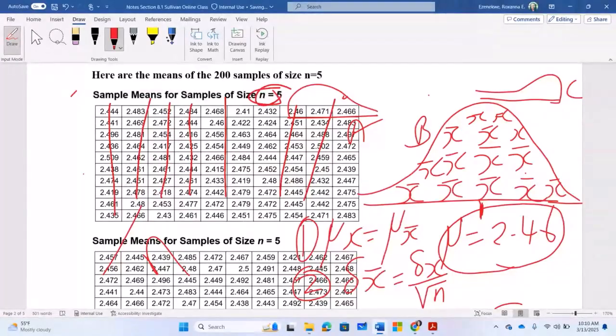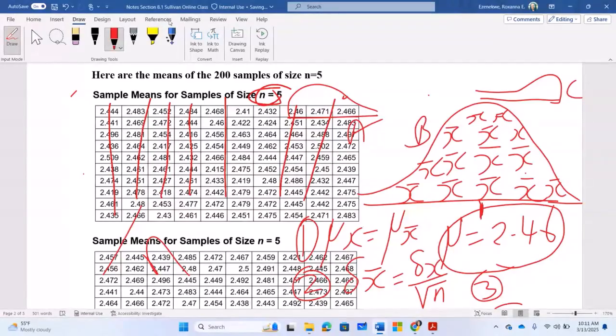Central limit theorem is called sampling distribution. So the sampling distribution of the mean is equal to the standard deviation of the original data divided by the square root of sample size. Number three,